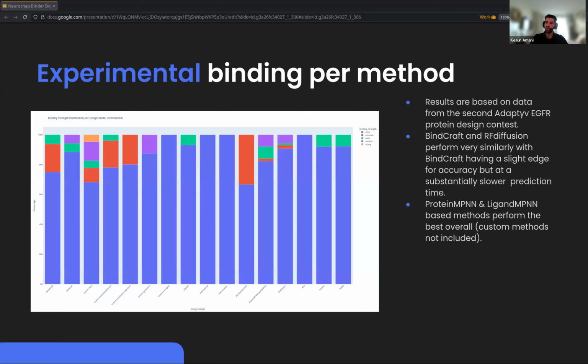Next up, we also want to take a look at an example from the Adaptyv EGFR contest, where we look at Bindcraft and RFdiffusion. Bindcraft is over here and RFdiffusion is over here. The performance is quite similar. And if we look at ligand MPNN and protein MPNN methods, they actually perform the best overall, especially if we don't include